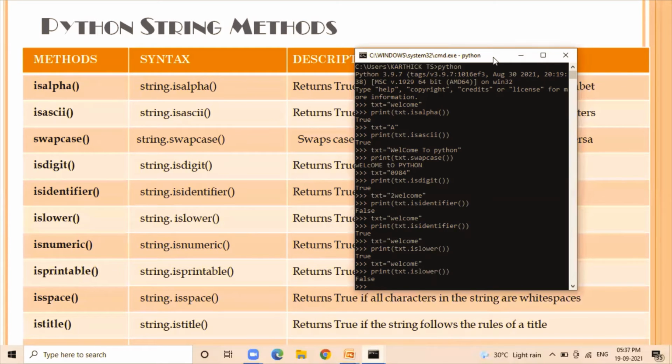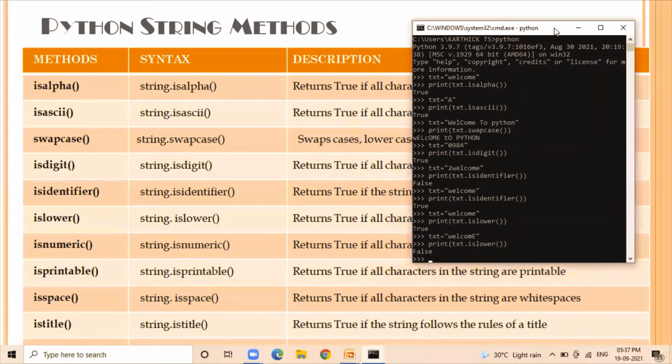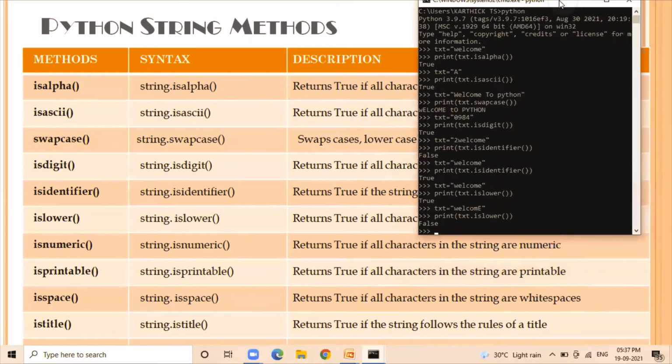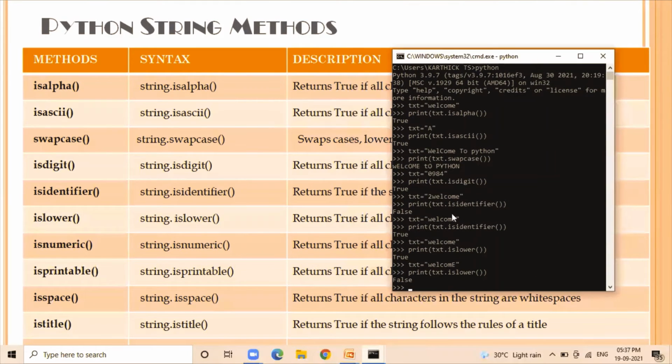Next we have isnumeric. This function checks for numbers of type integers.